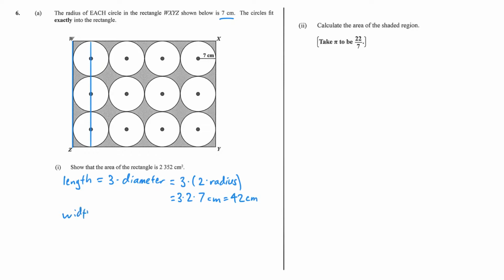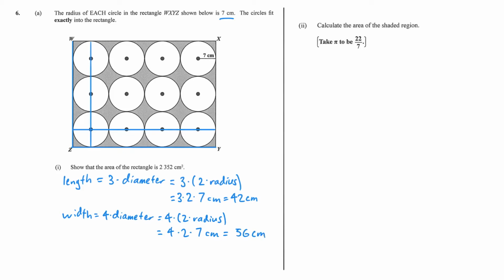The width of this rectangle is the side ZY. We can see that this is the same as 4 circles placed side by side. So the width of our rectangle is equal to 4 times the diameter of the circles. And again, the diameter is 2 times the radius, so we can write this as 4 times 2 times the radius. And plugging in 7 centimeters for the radius, we have 4 times 2 times 7 centimeters, which gives us